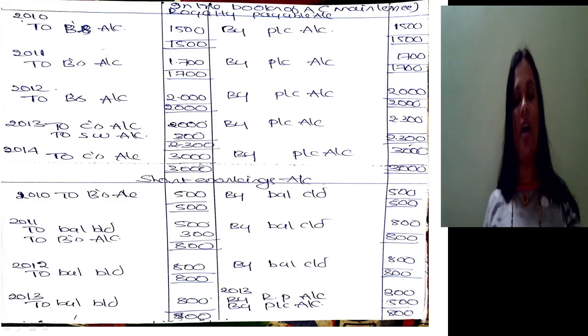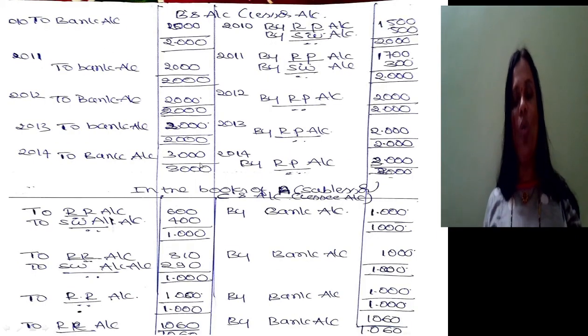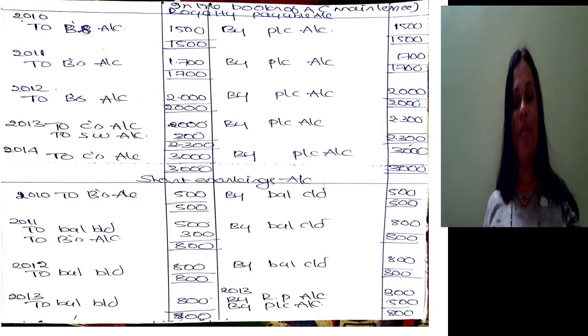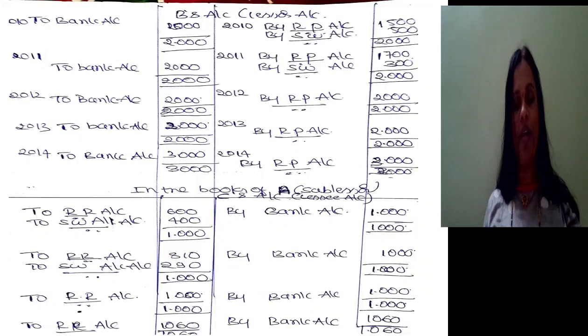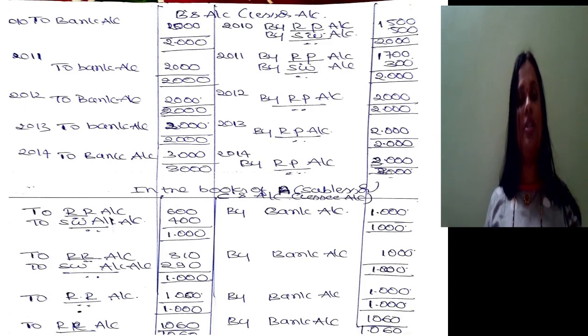So 2B's account 3000. Then royalty payable should be closed by transferring it to profit and loss account, and B's account will be closed because A, the lessee, is making payment to the lessor. Journal entry: B's account debit to bank account. So this is how to prepare accounts in the books of B in the capacity of lessor.